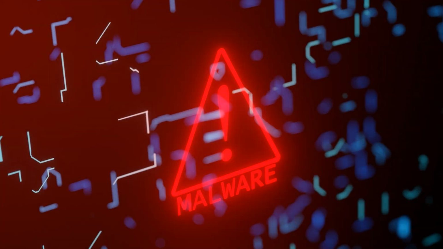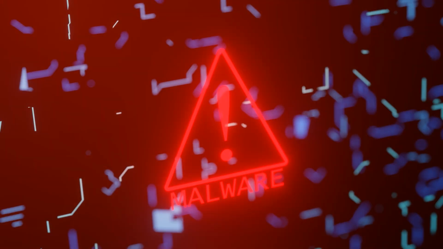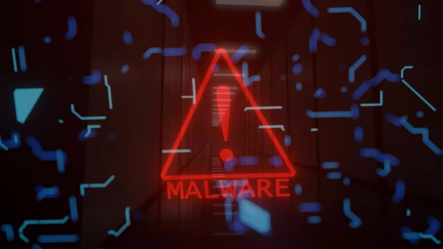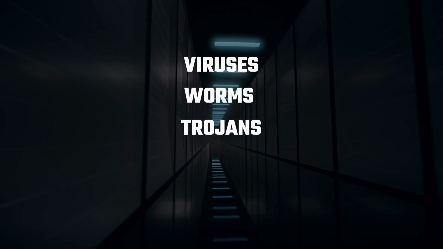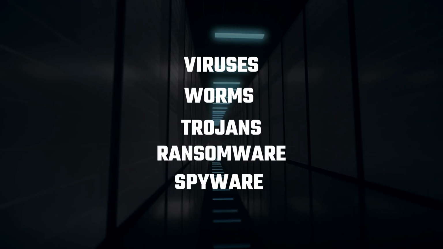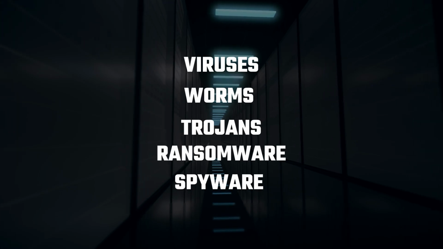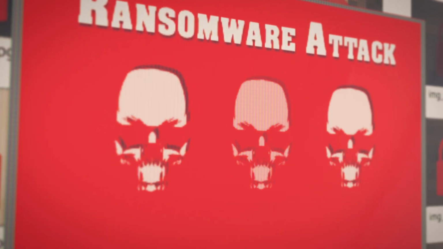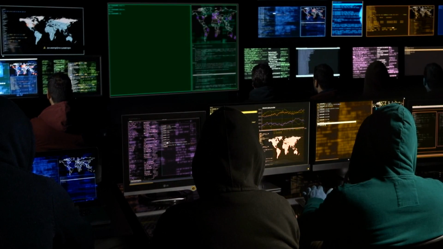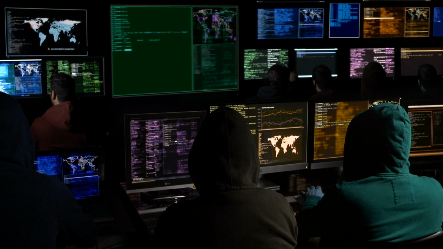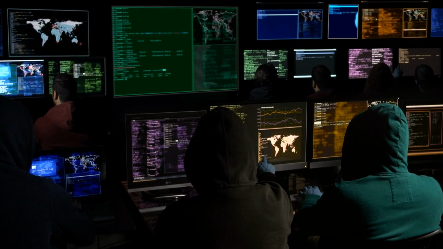Okay, so malware comes in various forms, each designed to exploit vulnerabilities in computer systems, networks, and software. Viruses, worms, trojans, ransomware, and spyware are among the diverse range of malware types that can compromise the confidentiality, integrity, and availability of data and systems. Cyber criminals usually use malware for financial gain, identity theft, or to disrupt operations. However, when state-sponsored entities use these tools, the motivations extend beyond personal gain to geopolitical objectives.